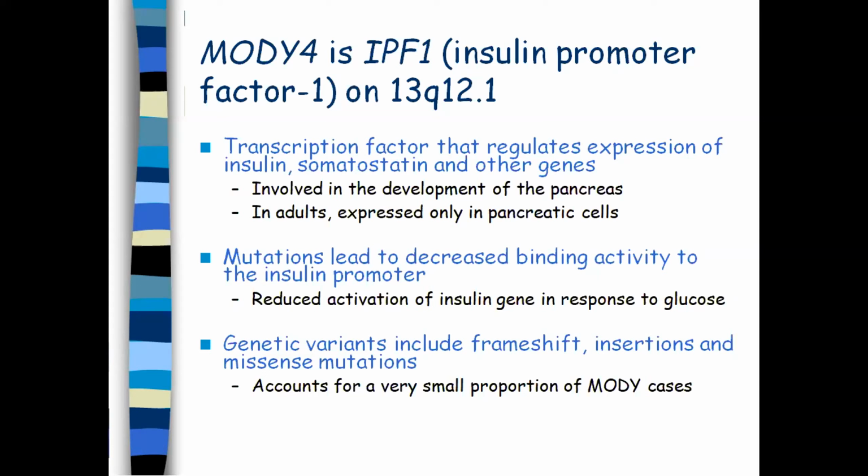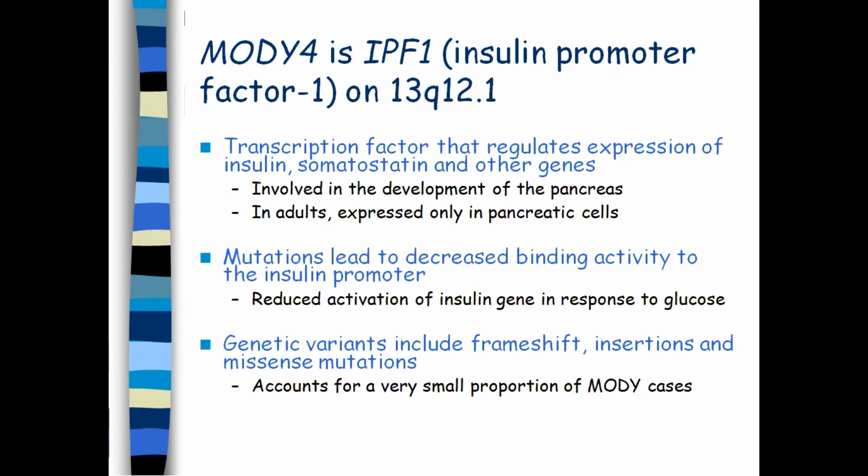Genetic variants include frameshift, insertion, and missense mutation. So most of the time there will be either addition or complete deletion, and missense mutation, and they account for a very small portion of maturity onset diabetes in the young. So the mutations associated with MODY4, that is insulin promoter factor 1, are the least common amongst all